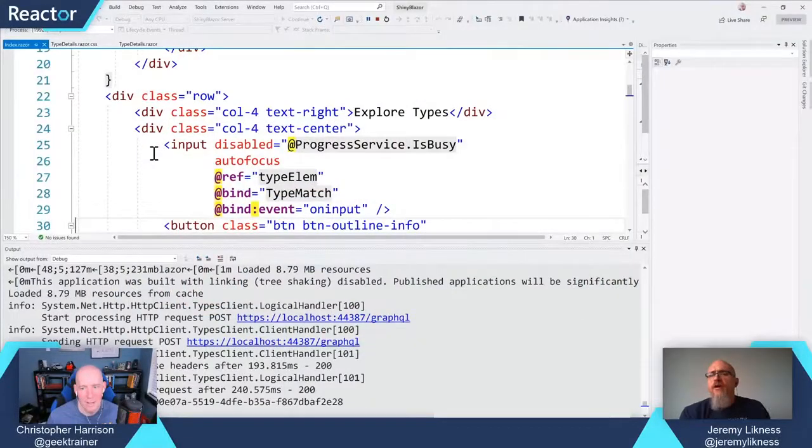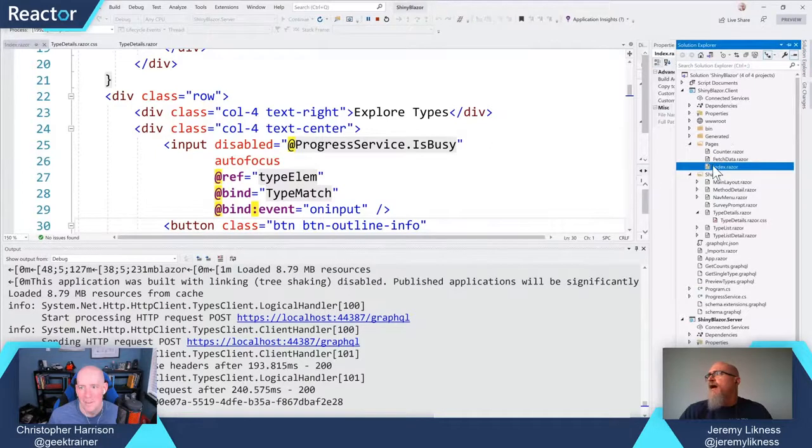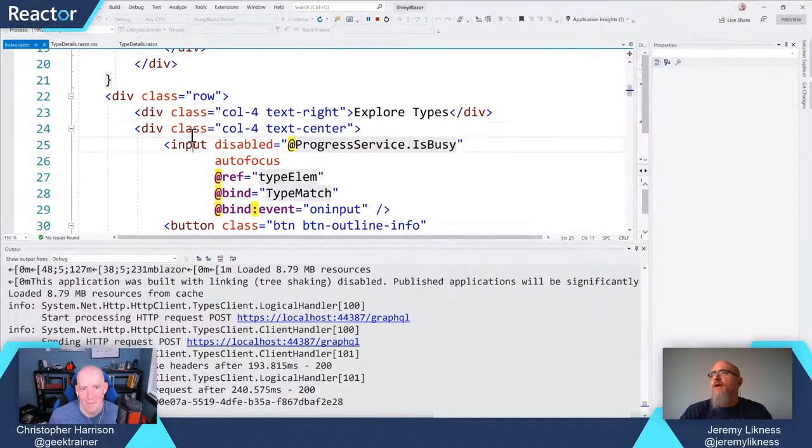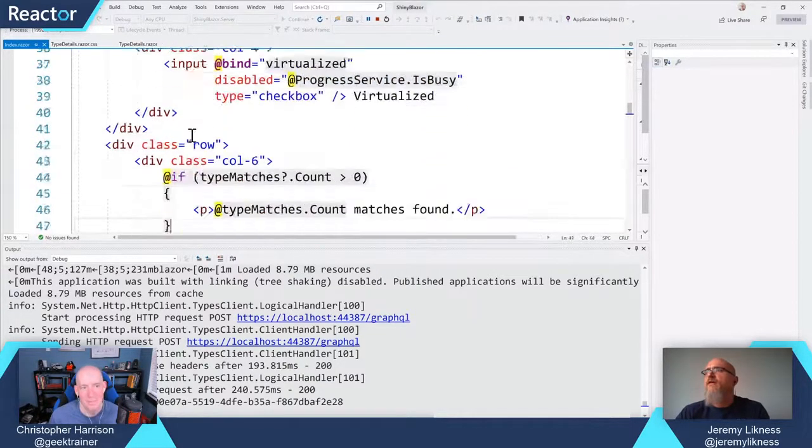So the other thing I want to show, I know we're getting close to the top of the hour, so I want to dive into something a little more advanced. At a high level, I've got this worked out as controls. So if we look at this main index page, I've got some typical, like I have a service that just increments a counter. So every time I make an async call, which you can see down here,